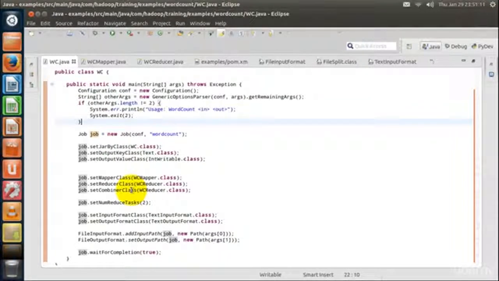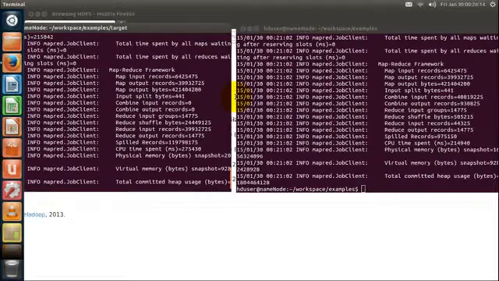I have already run the program. Let's compare the job statistics. First console window shows the statistics of the program without combiner class. Second console window shows the statistics with the combiner class.